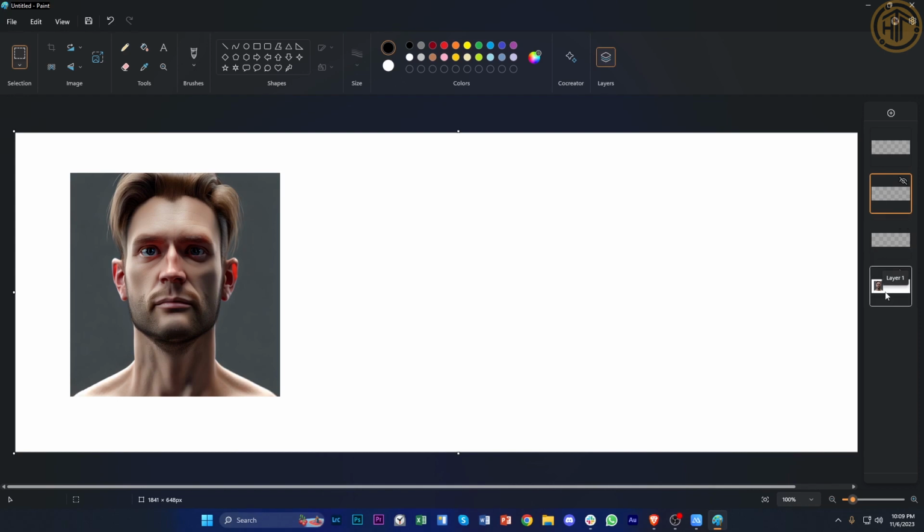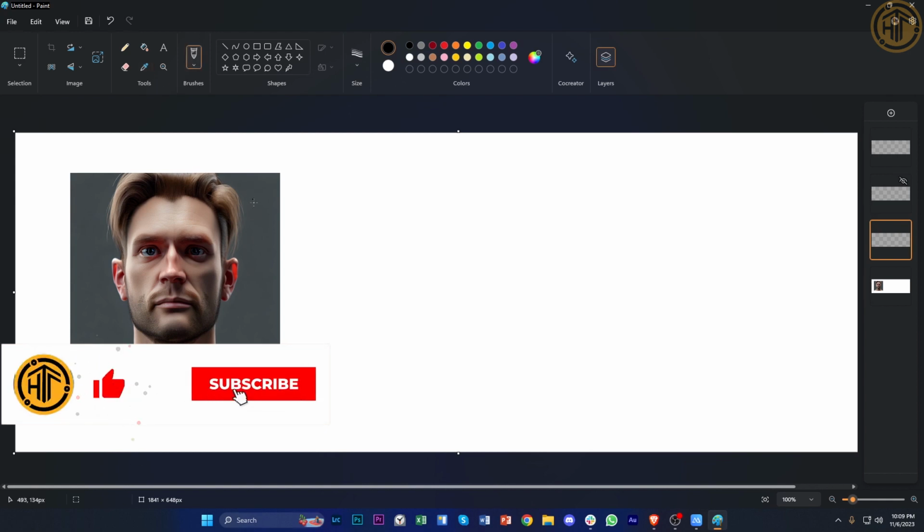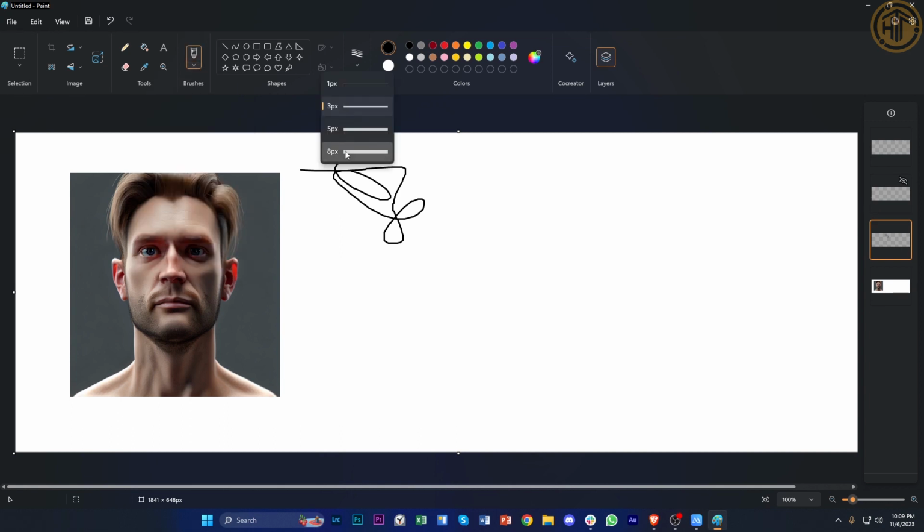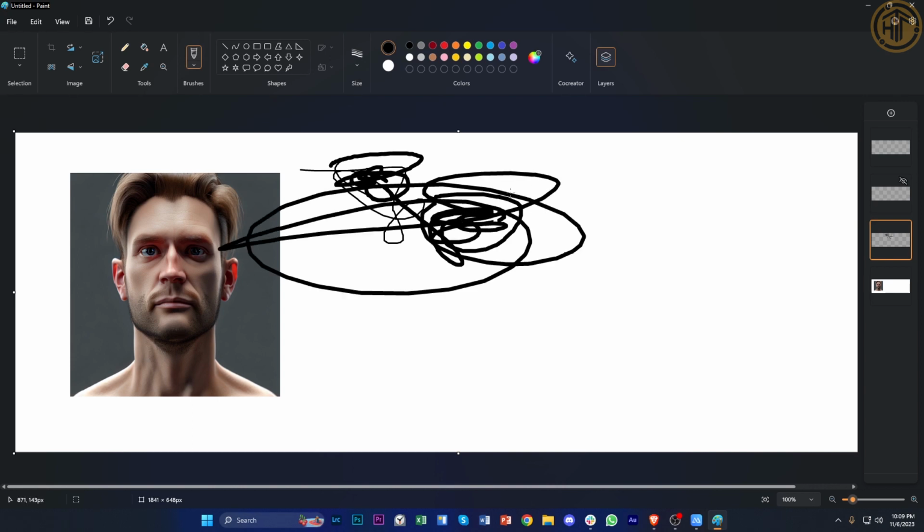Let's say we will put this first layer at the bottom, let's put the layer on top, and let's put a brush tool. Let's use this tool over here to basically add a color picker, and I'm going to choose the color of this guy's background. And now we have the brush to color it in, and I'm going to go ahead and edit this brush. And let's make it a little bit thicker. That's going to be good for us. And as you see, we now have the brush like this,